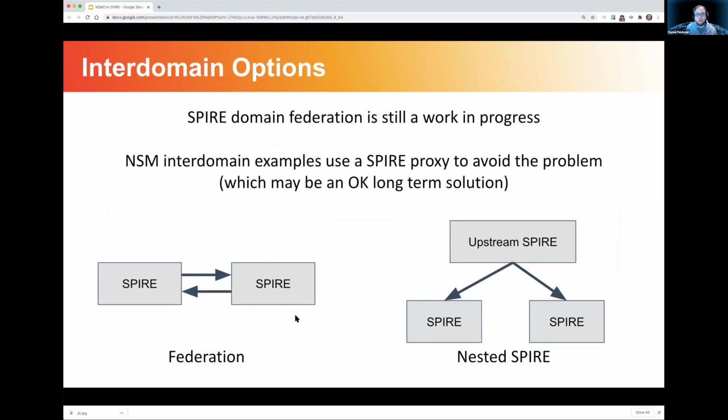We don't have a whole lot of documentation on how to do this, and configuring it is still a little bit complicated. For the NSM examples and the tests that are checked into the NSM repository, they're actually using a little Go proxy that just provides a SPIFFE certificate, sort of going around the node attestation API and the workload attestation API, which is a really clever way of doing it. But in the long term, what we really want is